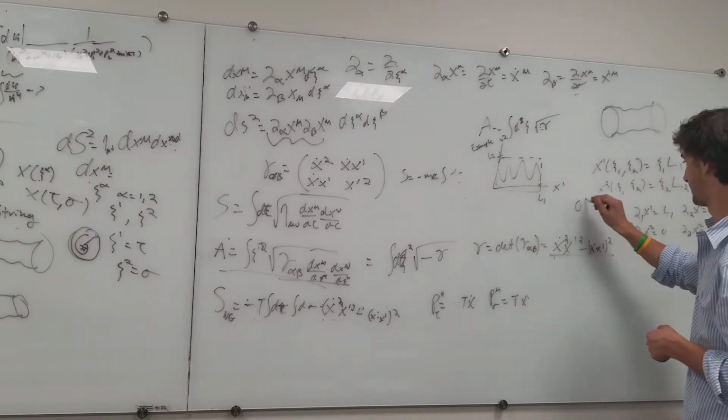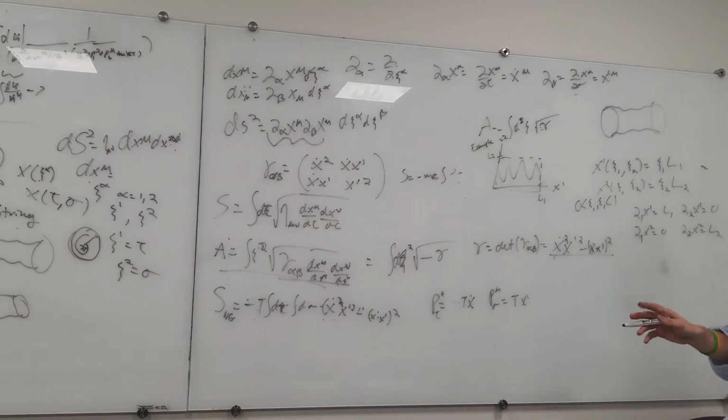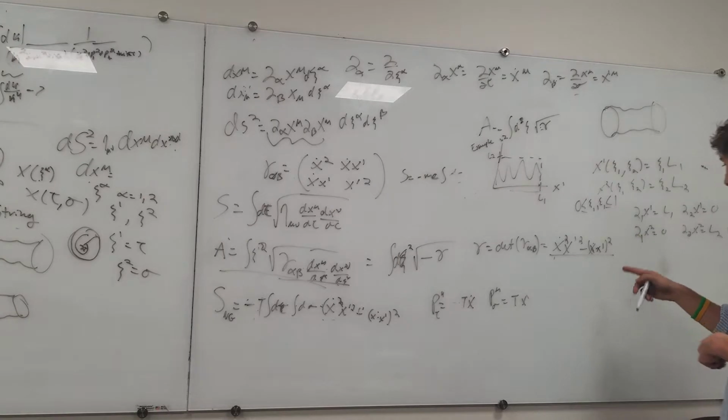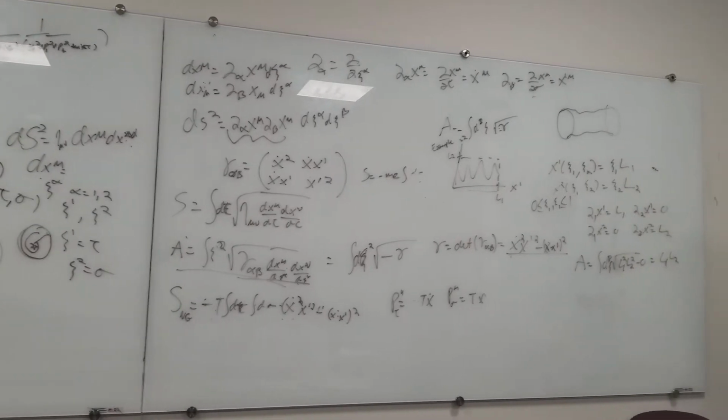So we're gonna say eta runs from 0 to 1. It doesn't matter. This is invariant under our specific choice of eta. So we plug this back into the area equation, and we just get L1 squared, L2 squared minus 0, and that just gives us L1 L2, and that just gives us the area of this